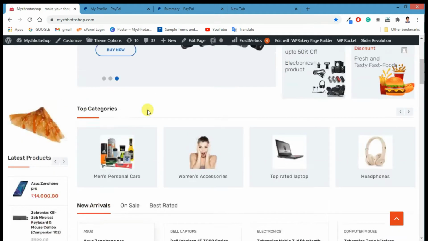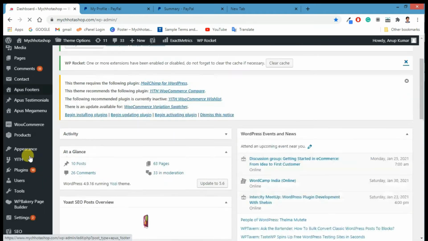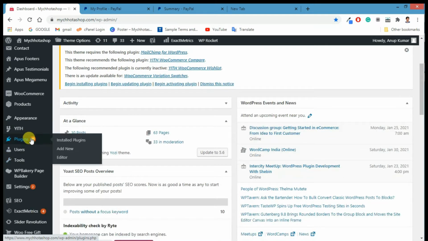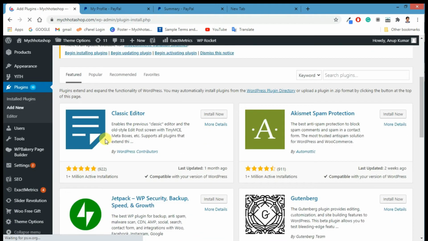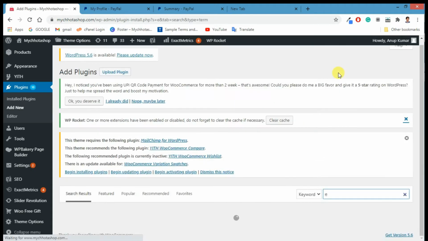Okay, I am on my WordPress website. I'll click on the dashboard and we'll install a new plugin. The very important thing when you are installing a plugin, mostly for payments, is to be sure you are installing the right plugin. So here I'm searching for PayPal for WooCommerce.